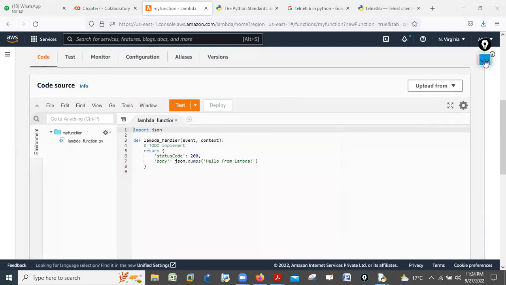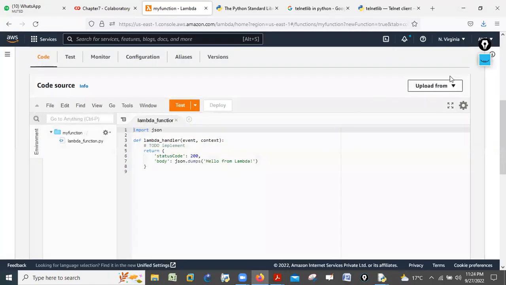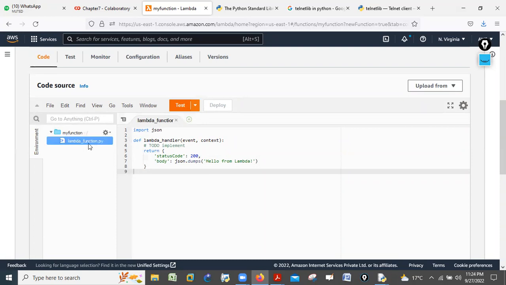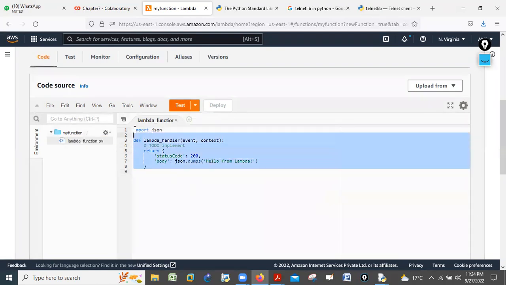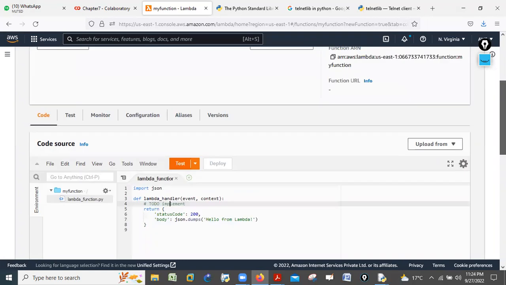Correct. So whatever I'm teaching, don't simply mug up. No need to mug up. Just think practically. You can see one lambda_function.py file is created. Yes or no? So whatever we have discussed today, everything over here in cloud, can you believe?